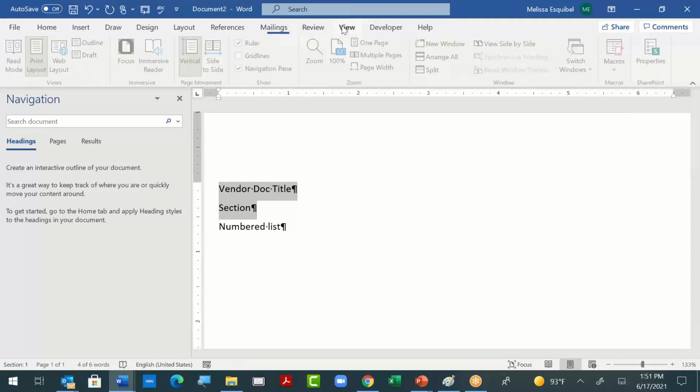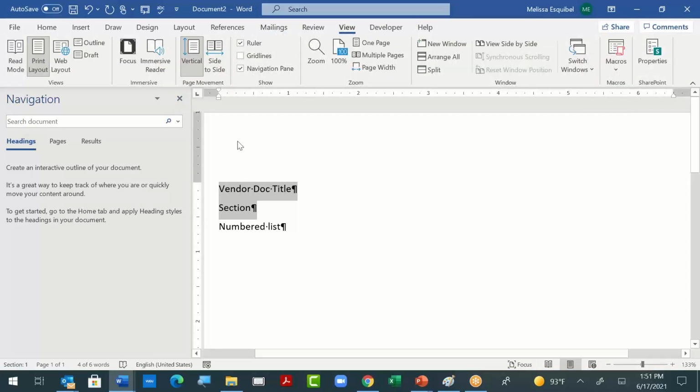You'll notice I have my navigation pane showing here, and that's on the View tab in the Show group, Navigation Pane. Keep your ruler on, because I noticed that when we use the multi-level list, it inserts some pretty deep indents, which I don't think are necessary. So let's just take this. We have a numbered list, A, and a numbered list 1. All right, so let's begin by going to the Home tab,